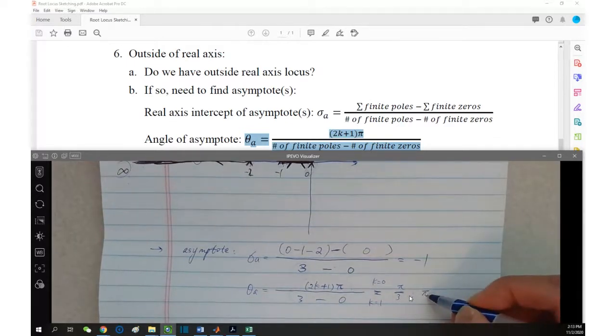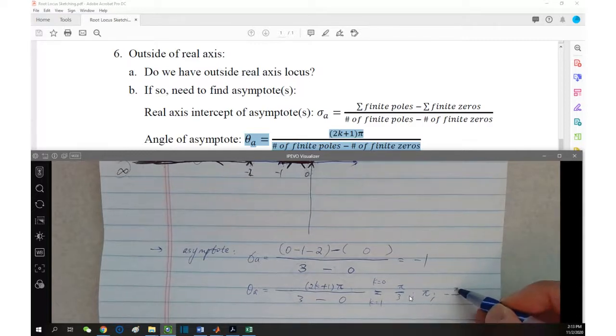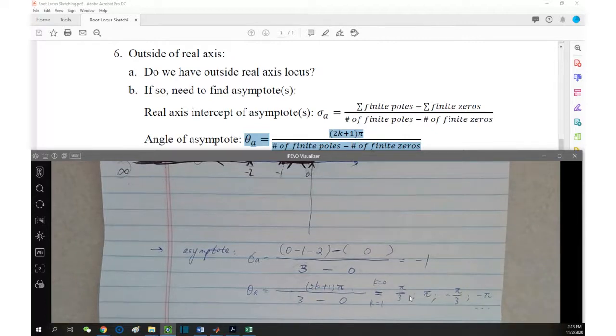Pi. Exactly. Pi. You can try more, but you're going to end up with negative pi over 3, negative pi, 0. Okay. Let's just utilize these values